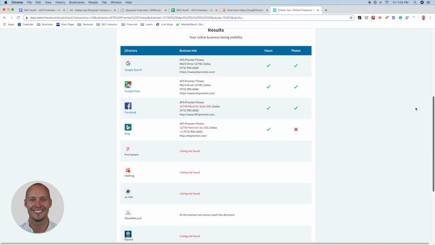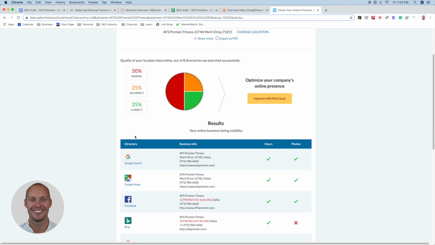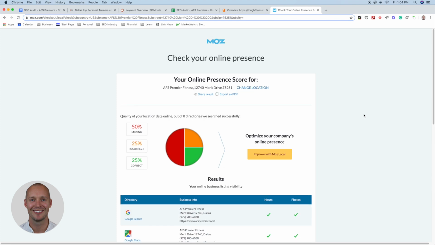So this is going to be a very easy fix to handle, and how we go about fixing citations will vary. We have some vendors that build citations for us, and then we also will use services like Bright Local to clean up citations as well. Honestly, there are so many tools and services at this point that you pretty much can't go wrong with any of them. So, but I'm going to go ahead and just export this as a PDF, and this will of course go into the client's